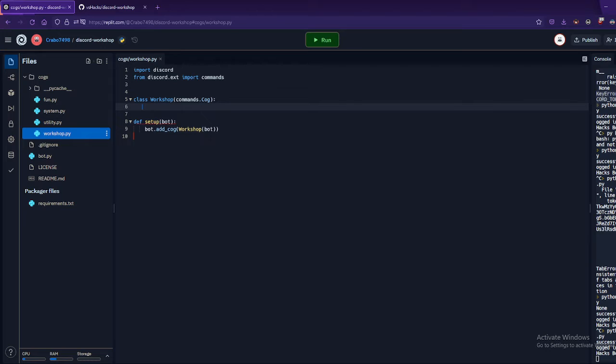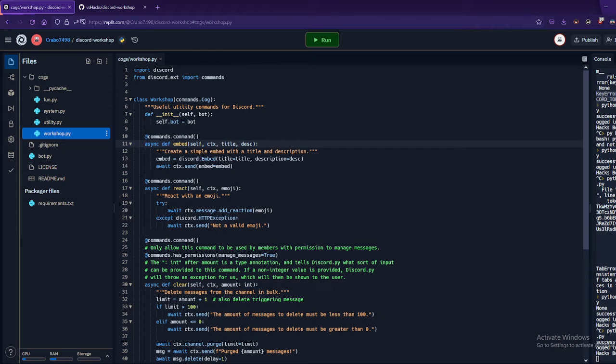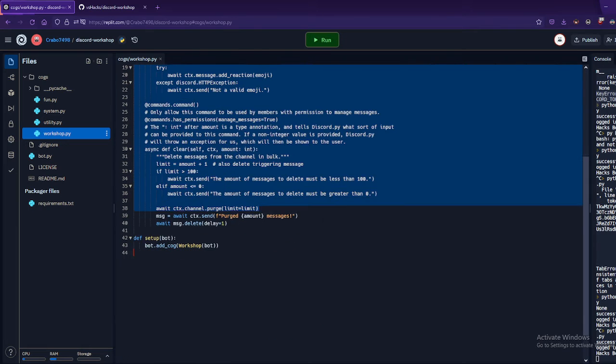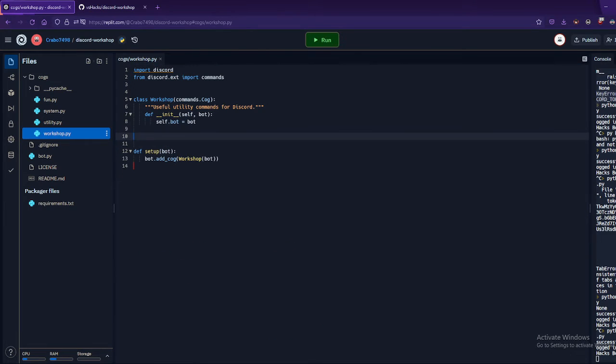As you can see, what Joe did here is at the bottom, you also need to change it to workshop instead of utility. So change it so it matches. Also note that we need to register this cog in the bot.py file by adding it to the initial extension. After your file looks like this, don't delete the init function. And once you change this to workshop, or whatever name you gave your cog,